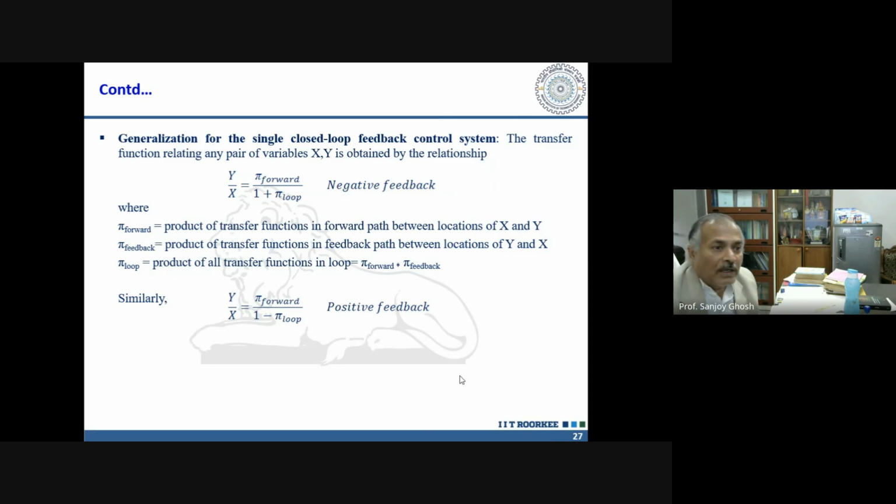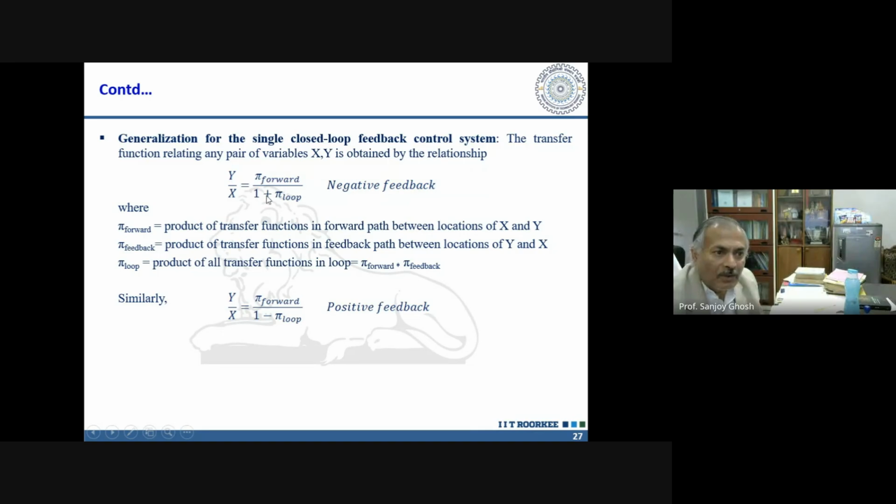Okay. Now Y by X is equal to pi forward by 1 by pi loop. This is negative feedback, which mainly works, so I am only focusing on that. Y is the final output, X is the input. Then pi forward is the product of transfer functions. Pi always stands for product, right? And sigma stands for sum. So product of transfer functions in the forward path, and